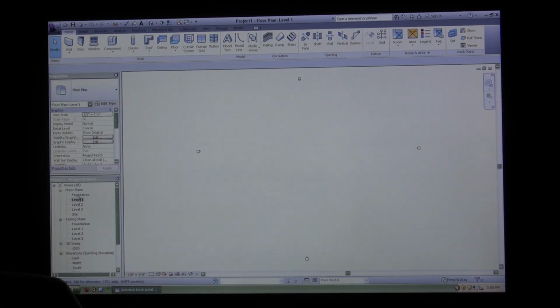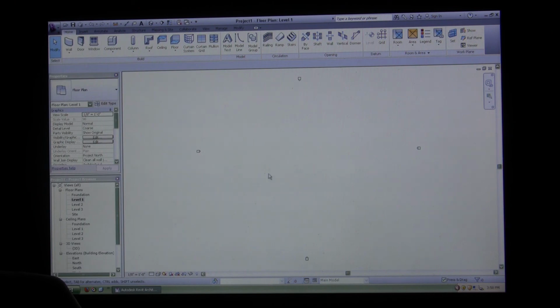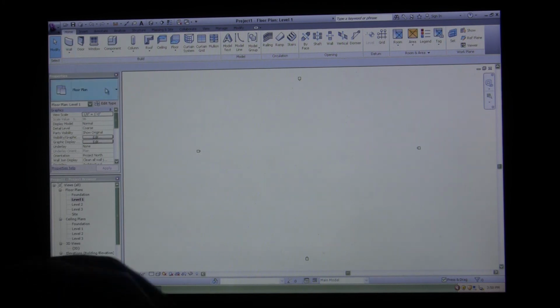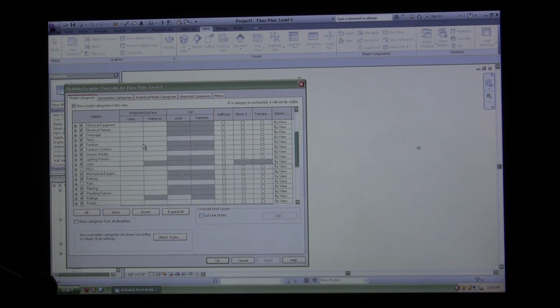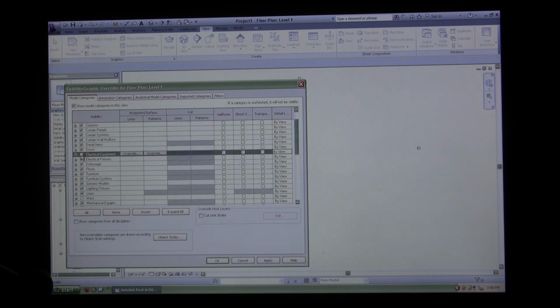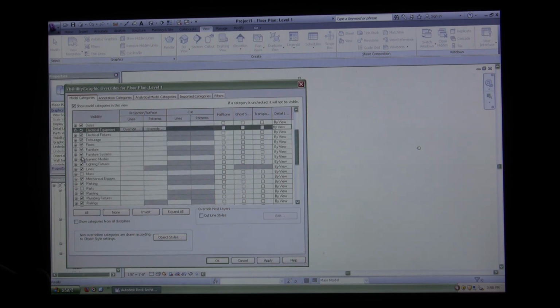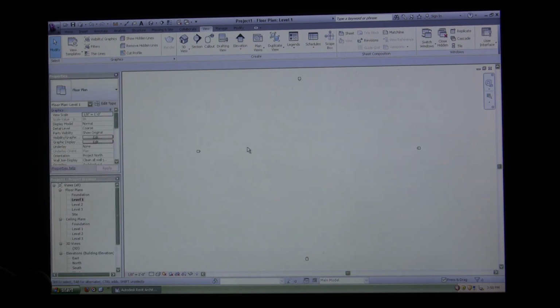Okay, so now that we have our foundation set, we're going to open a level 1 floor plan. Now as you can see, there's nothing here. What we're going to have to do is go to our View tab here and click Visibility and Graphics, which is on the left hand side. This brings up a whole bunch of different lists of things that you can and can't see. So if I check or uncheck this, I'll be able to see or unsee electrical equipment. So we're going to click Topography to see topography. We're going to hit Apply, and nothing's going to come up